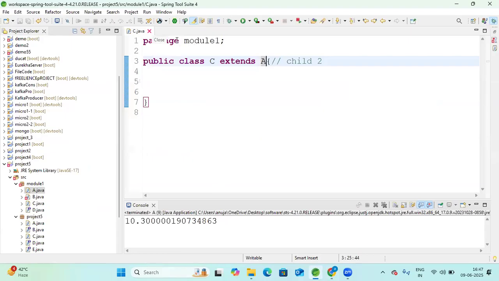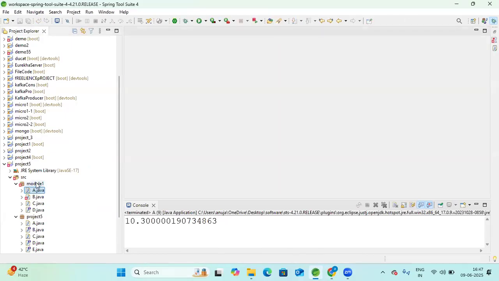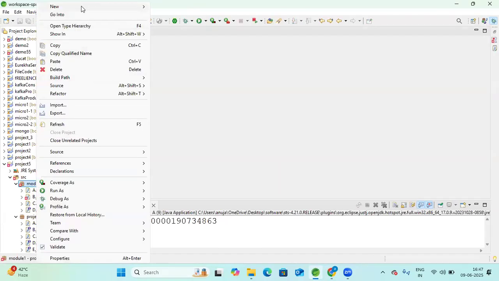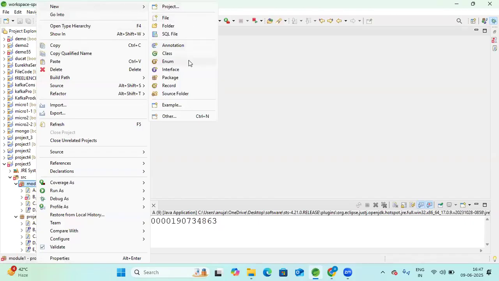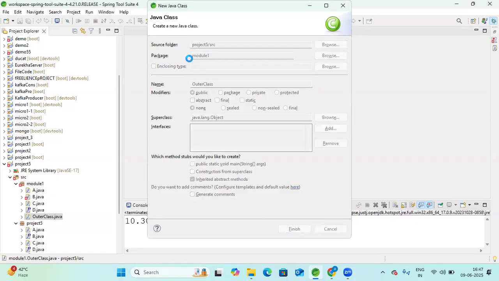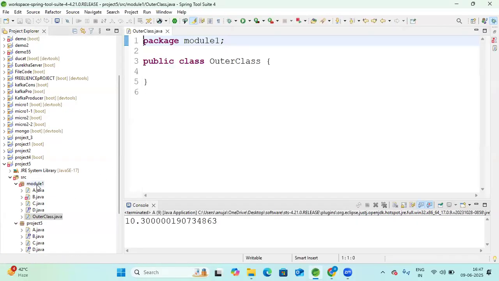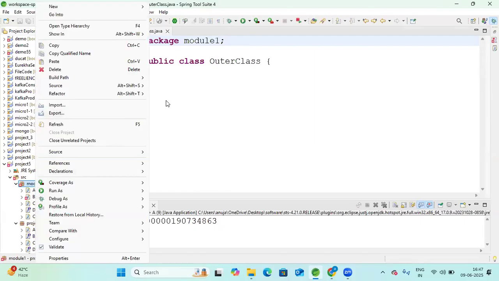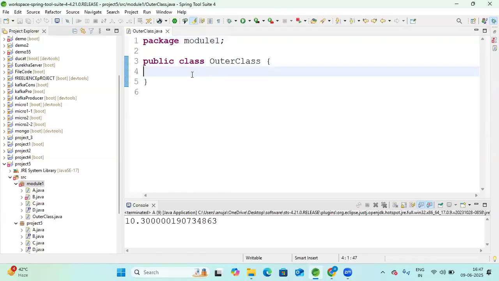Close this module. Go to here, class created, outer class. Okay, one class is outer, and inside this class, first I will create one variable,